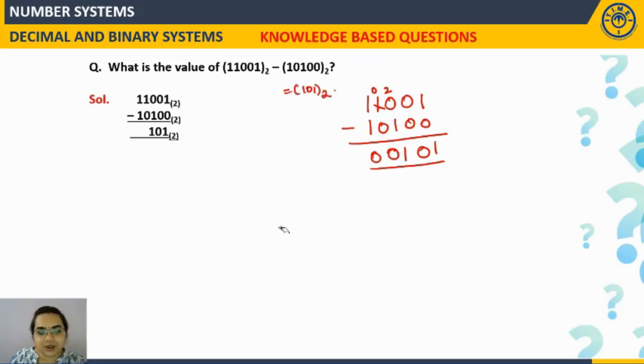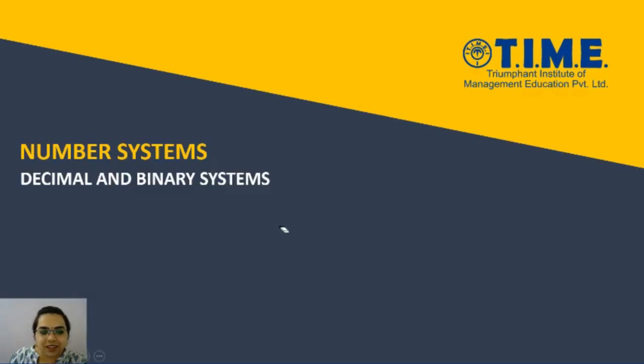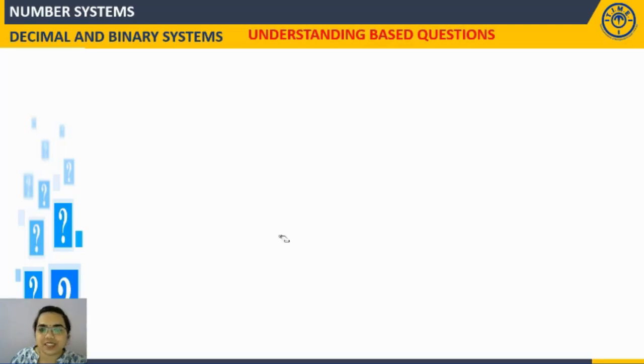Right? Okay, next one. Let us now move ahead to the next category of questions, which is the understanding based questions. Let us see the first one here. Find 789 to the base 10 in terms of binary digits. Okay, what is 789 to the base 10? It is 789 in decimal form, which needs to be converted into binary. Yes, so what are we going to do for this? We will divide by 2. Okay, we'll write down the quotient and remainder.